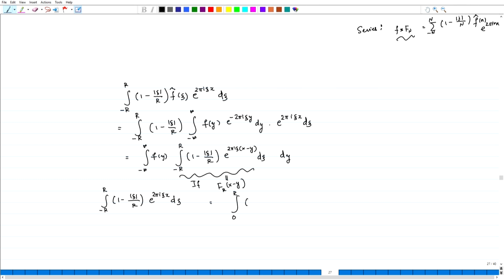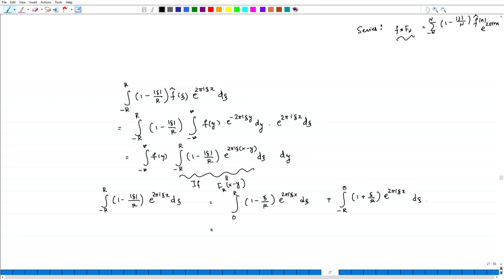We will get the integral of (1 minus xi/r) e to the power 2 pi i xi x d xi, and here this is minus r to 0 of (1 plus xi/r) e to the power 2 pi i xi x d xi. Now, just